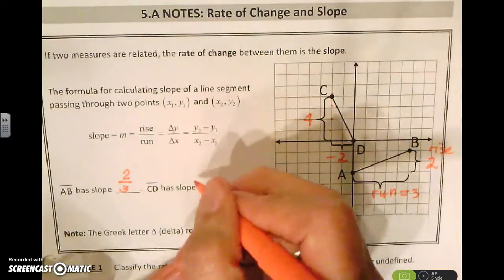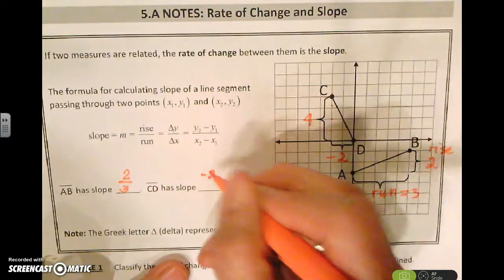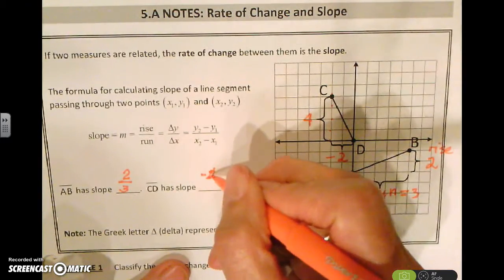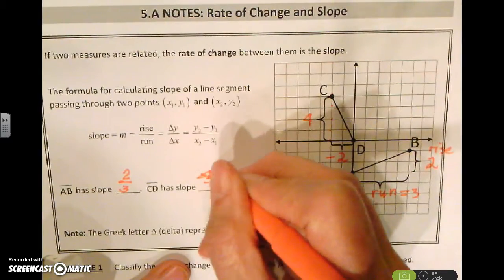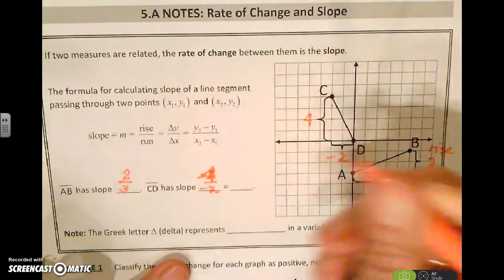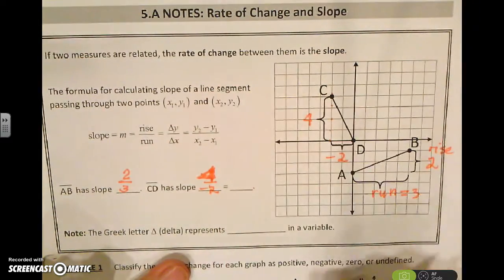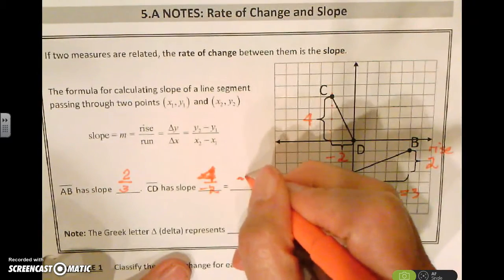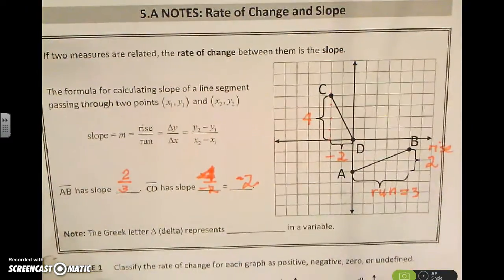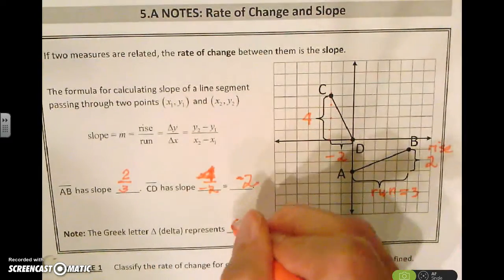So when I write that, CD has a slope of the rise, 4, over the run, which was -2. So that's +4 over -2, which is going to simplify to -2. So the Greek letter delta represents the change